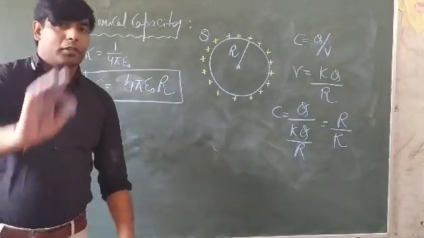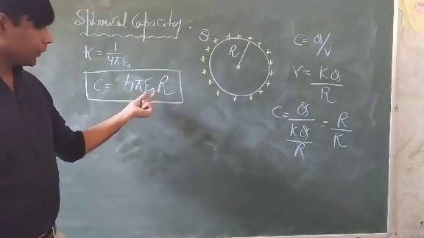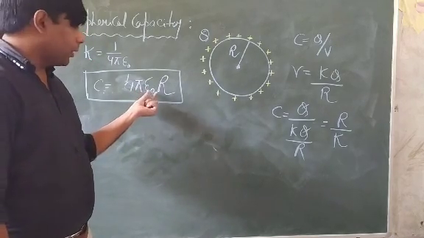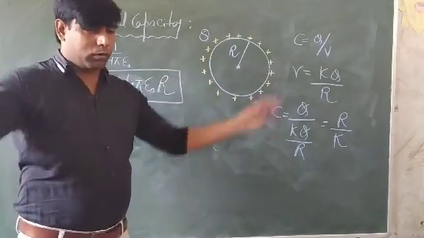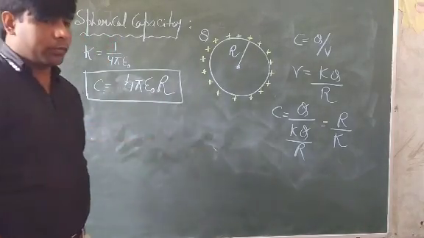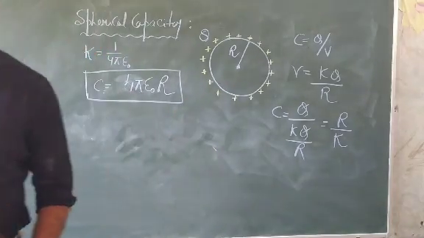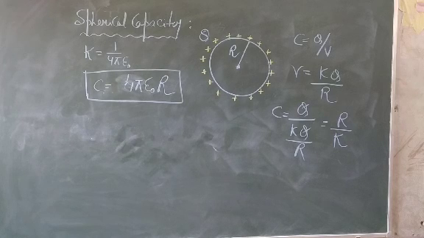So capacitance depends on the nature of the medium. Here we have taken vacuum. If there is some dielectric, then we have to replace it with the permittivity of that medium, and then the radius. If we go on increasing the radius, the capacitance value will go on increasing. Similarly, if the permittivity goes on increasing, then the capacitance will also go on increasing. So this is the formula for the capacitance of a spherical capacitor: C equals 4 pi epsilon R.